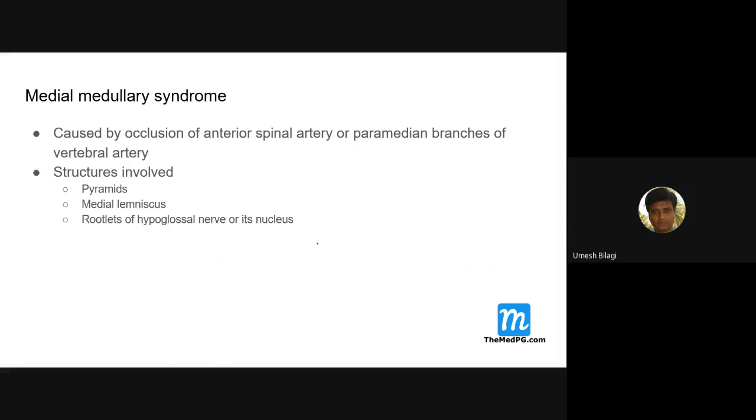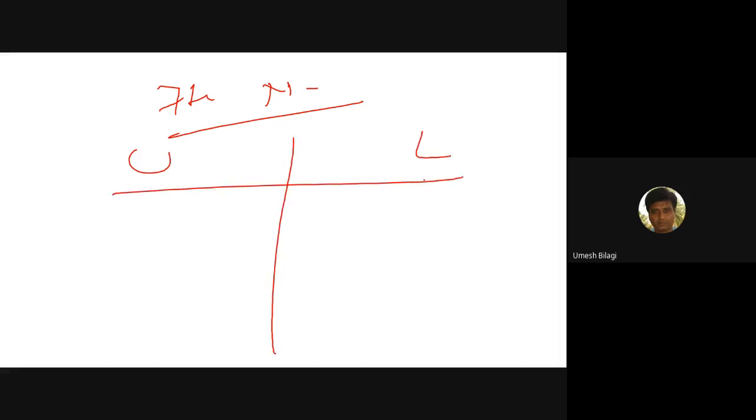For example, you have very much studied the 7th nerve. You know there is UMN type of 7th nerve palsy and lower motor neuron type of 7th nerve palsy. Anybody tell me about the 7th nerve? You should know this. There is no alternative. 7th nerve palsy, UMN, LMN. What are the differences? How do you differentiate whether a patient has an upper motor neuron type of facial nerve palsy or a lower motor neuron type of facial palsy? What happens to the upper part of the face in upper motor neuron type of facial palsy? Is it spared or involved?